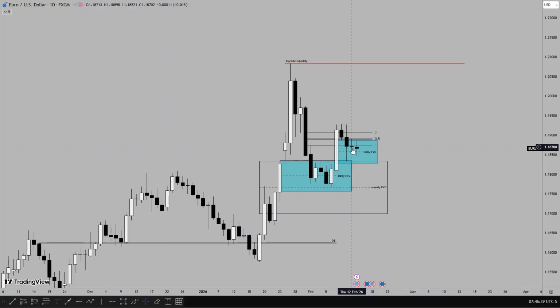Thursday, ranging day. Friday, took out Thursday's low, retraced into Thursday's range. So far, looking at this price action on Monday, where price traded through the daily fair value gap, which was our first draw on liquidity, and looking at it as a continuation to use the inversion fair value gap as a support to trade higher was one of the key points of interest that I was interested in going into this week.